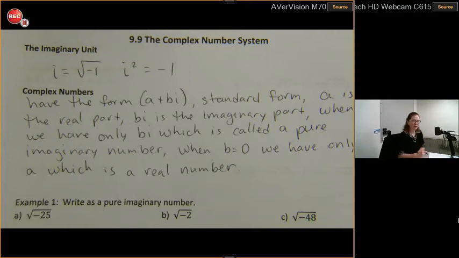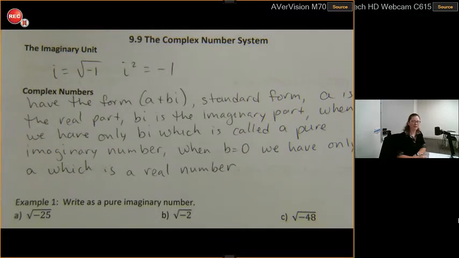Section 9.9 is on what's called the complex number system. The complex number system begins by introducing what's called the imaginary unit. The imaginary unit is a value representing negatives underneath the square root. It's something that is created to allow certain problems to be solvable, because up until this point we would say